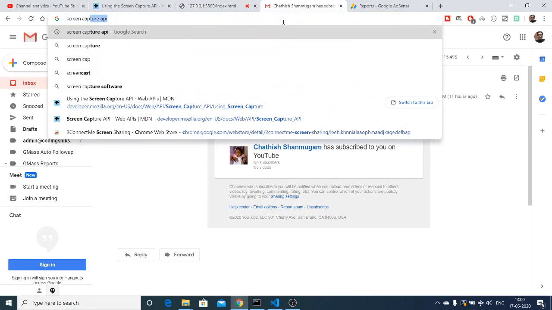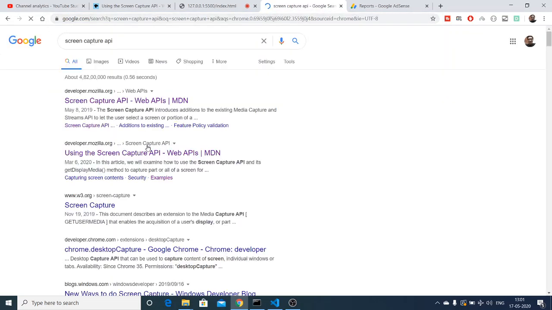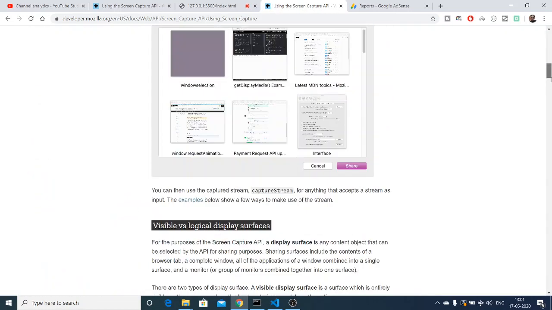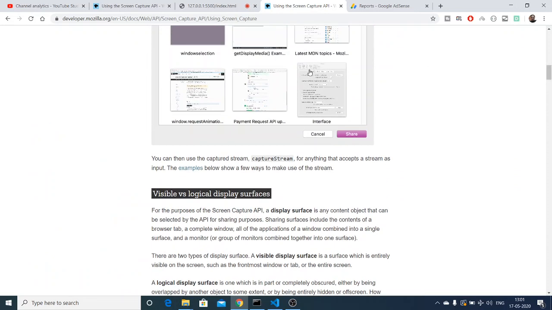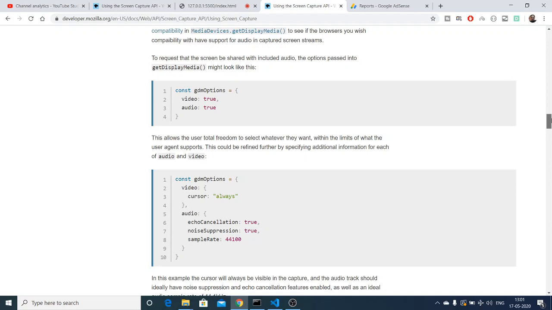So if you type here screen capture API, the code that I'm writing here is right here. You can see that using the screen capture API, I wrote the same code before, and it is capturing this window. Now it is not working. Why is it not working? Let me just see.